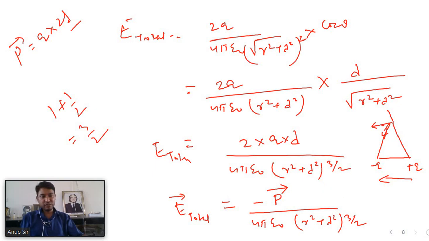But there are some special cases. What are the special cases? Let us go through it. If the dipole is very small, then d is much smaller than r. In that case d can be assumed to have value 0, because it is very small in comparison to r. So we will simply write d is equal to 0 in the expression.